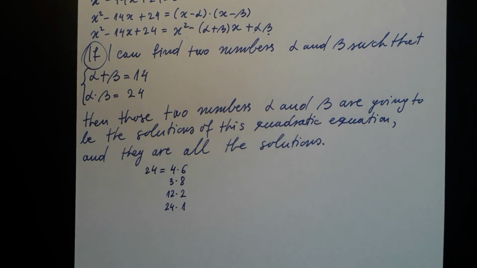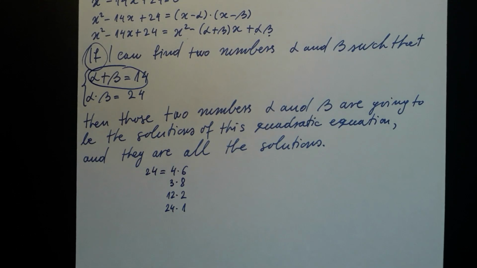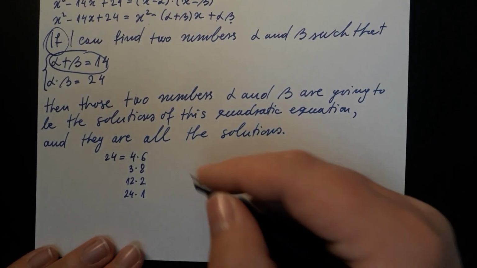The trick is to actually start from the sum, this first equation in the system, not the second one which is related to a product. Two numbers have a sum of 14 exactly when their average is 7. And two numbers have an average of 7 exactly when those two numbers are 7 minus a little bit and 7 plus the same bit. So I am talking about